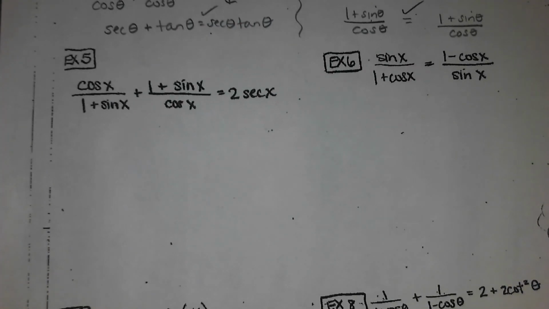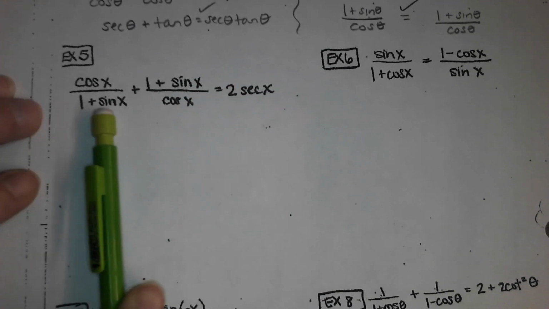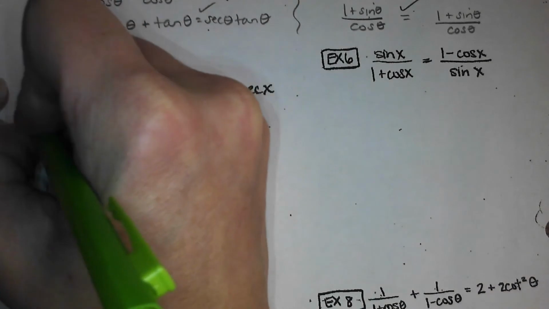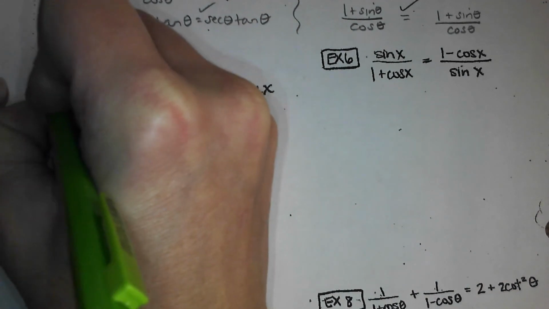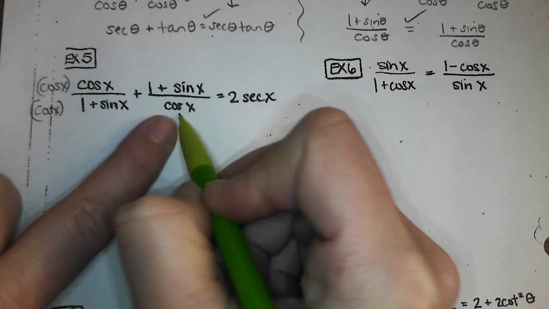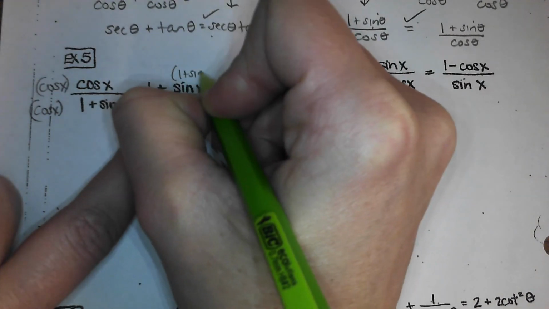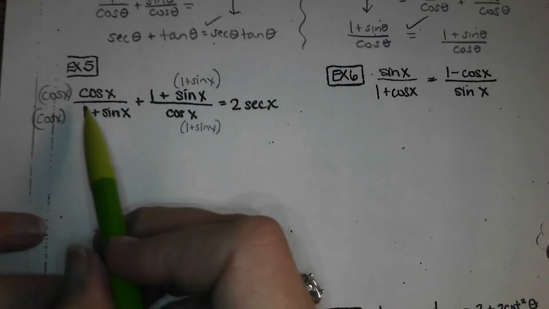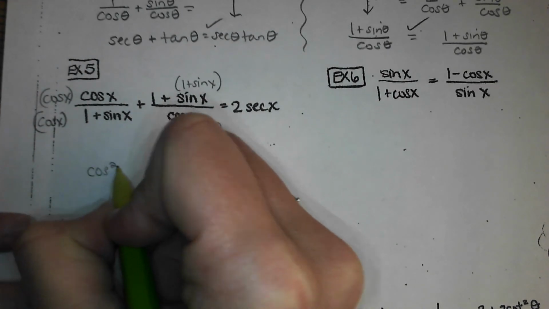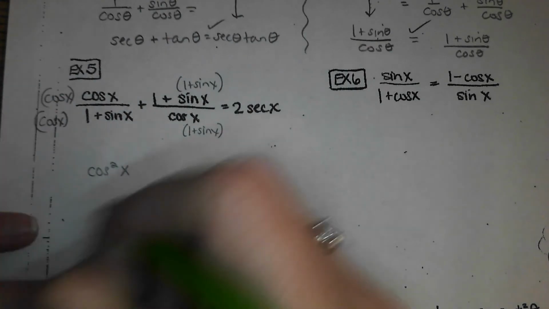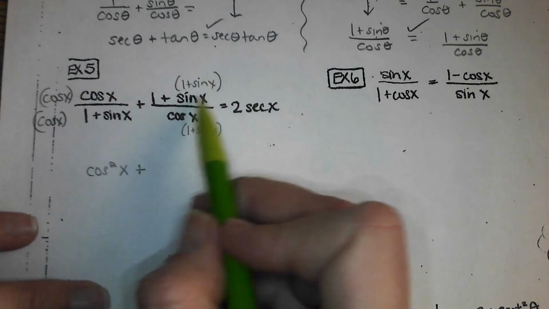Okay, exercise 5. Bridget, give me something to try first. Okay, so what does this one need? Cosine of x. And what does this one need? Okay, so this one's going to become cosine squared x plus this